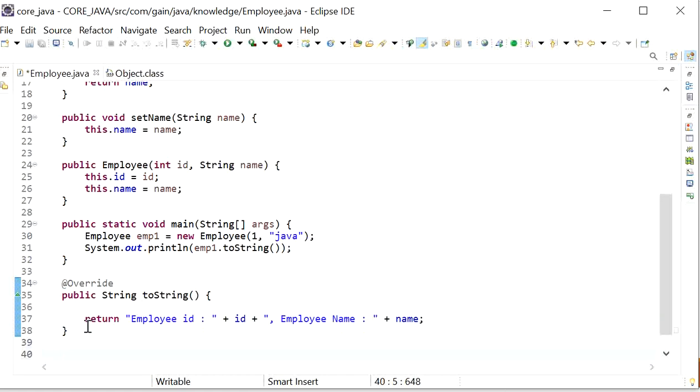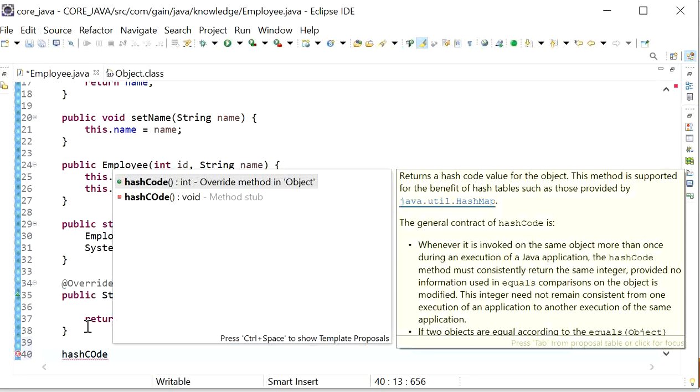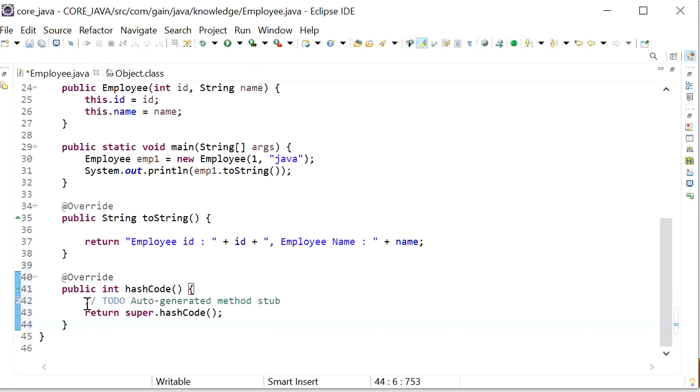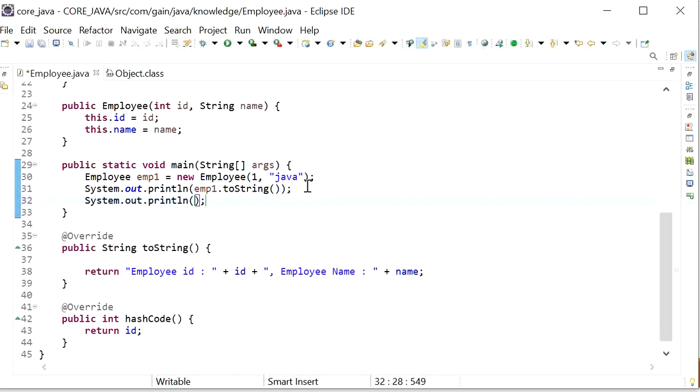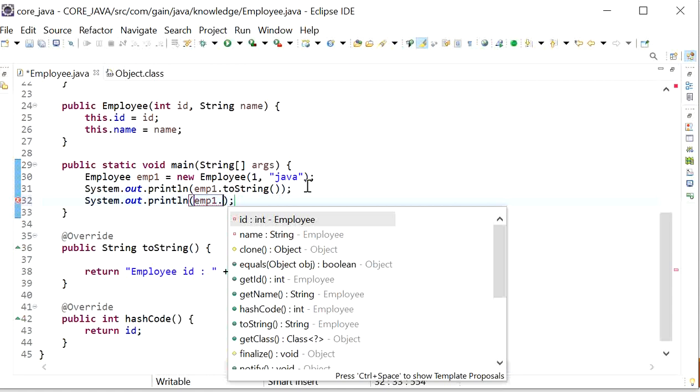So here we will override the hashcode function of the Object class, and return a value according to our own requirement. Here I will return the employee ID as the hashcode value. Now if I print the hashcode value of the object, that is employee1.hashcode,